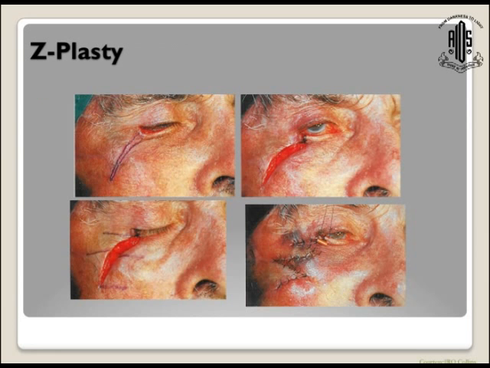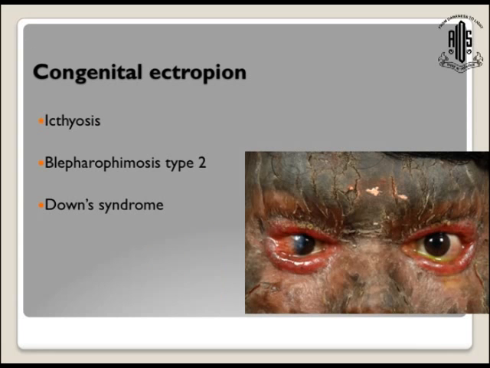This is a patient who has lower eyelid ectropion laterally. I would have preferred to do a monopedicle flap again over here. However, in this case, we've done multiple Z-plasty, and you can see that these are the several Zs which have been made and transposed, and that has corrected the lower eyelid ectropion.